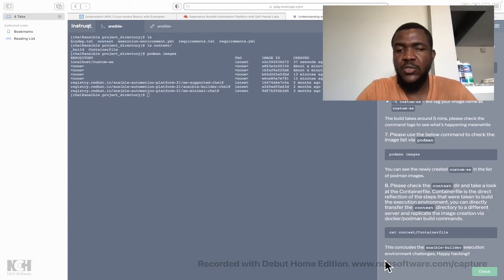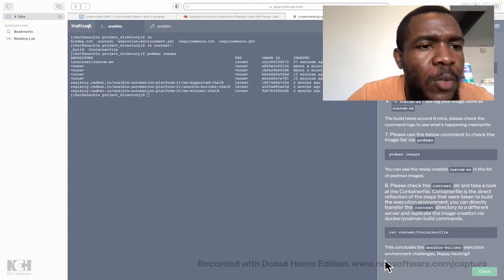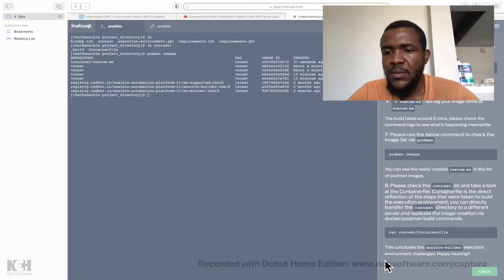You can see the newly created custom EE in the list of Podman images. Okay, I see, repository localhost custom EE. You can see the newly created custom EE in the list of Podman images, repository localhost and custom EE. Okay. And then please check the context directory and take a look at the container